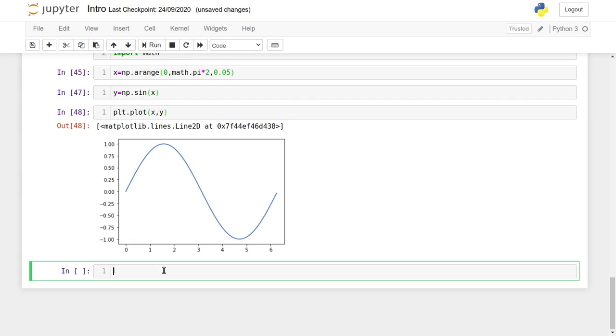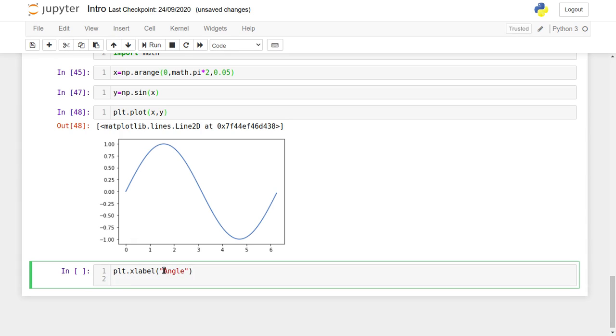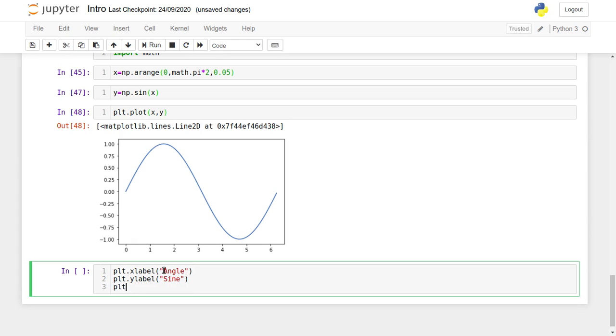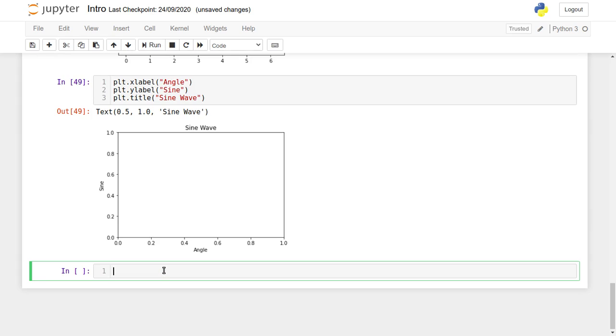We can put the x label and y label using plt.xlabel, where x has the value of angle, and plt.ylabel, where y is the sine function. Then I can give the title using plt.title with the title of the graph as sine wave. Then I will write plt.show.